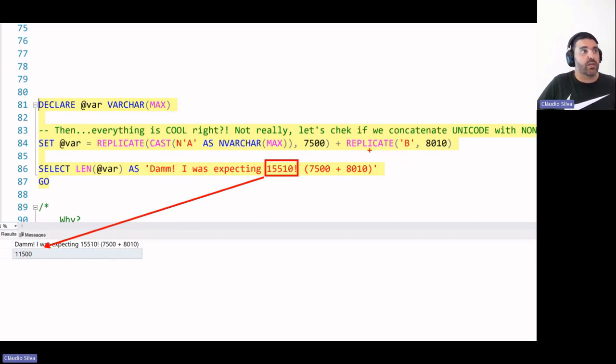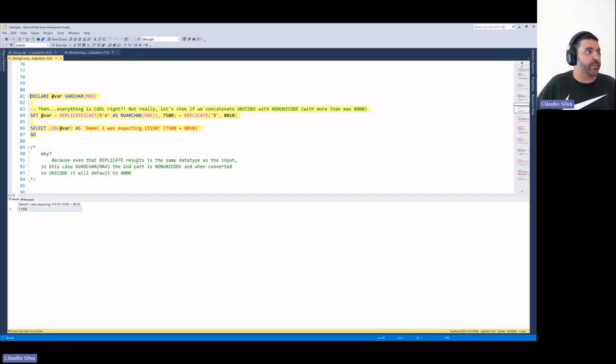Why? Because this replicate thing again can only have up to 8,000, so the 10 characters here will be just cut off and truncated from that string.